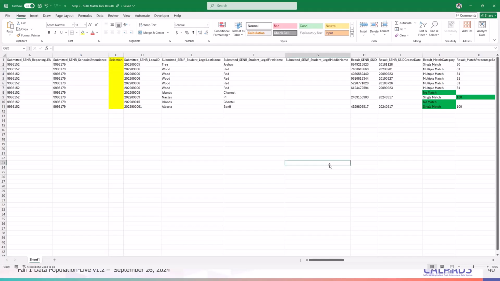If your SIS is equipped to automate your process and accept whatever you indicate here, then well and good. However, this is just a reference file for you to be able to know who has an existing SSID or not, right? So we go here,